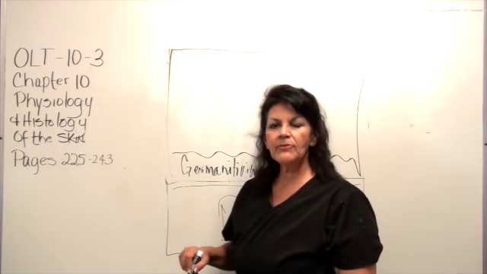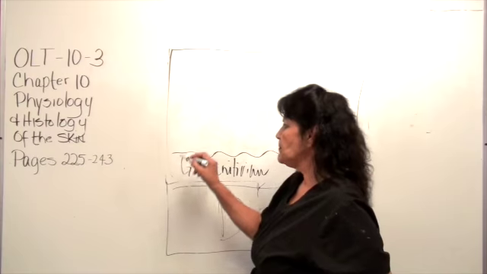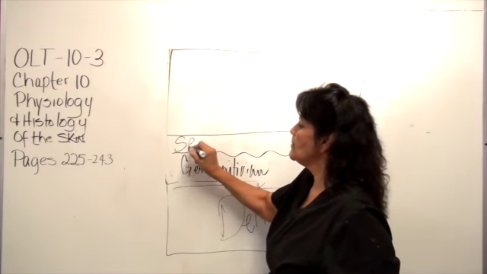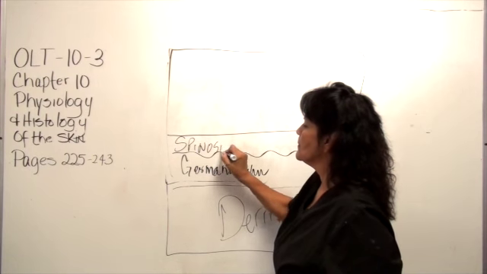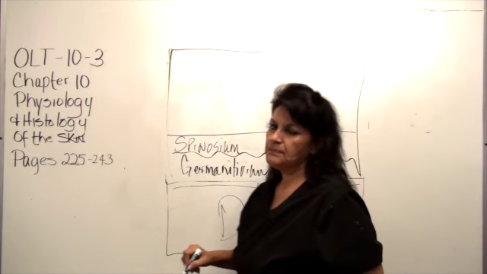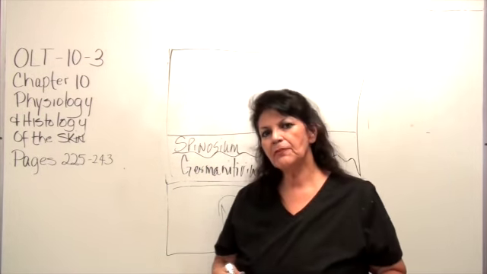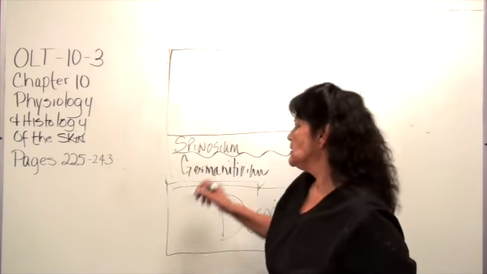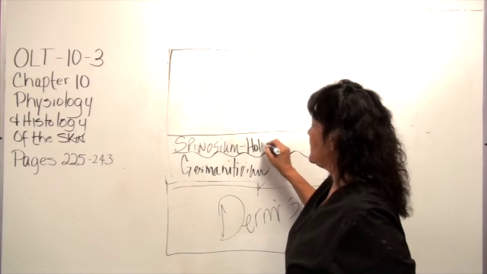And so now we're going to move up one more layer, and that layer is called the Spinosum. Now, I like to refer to this layer as the holding tank. Okay? What that means